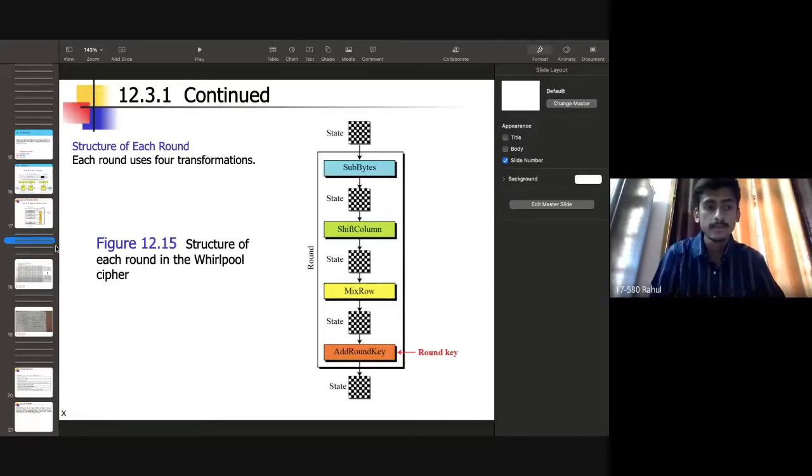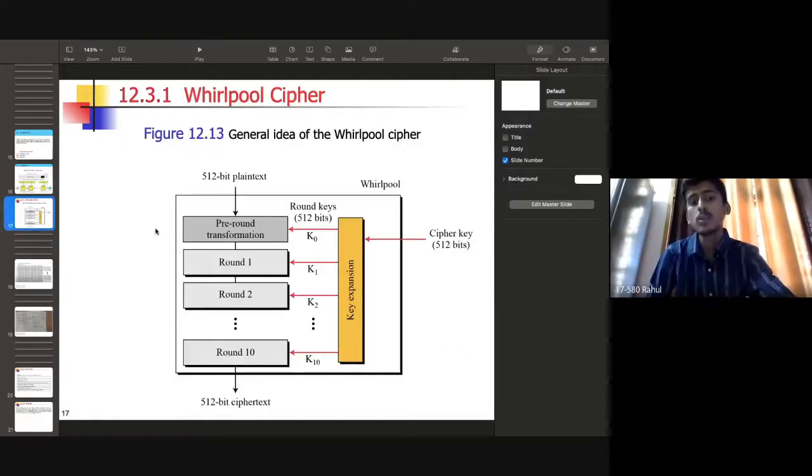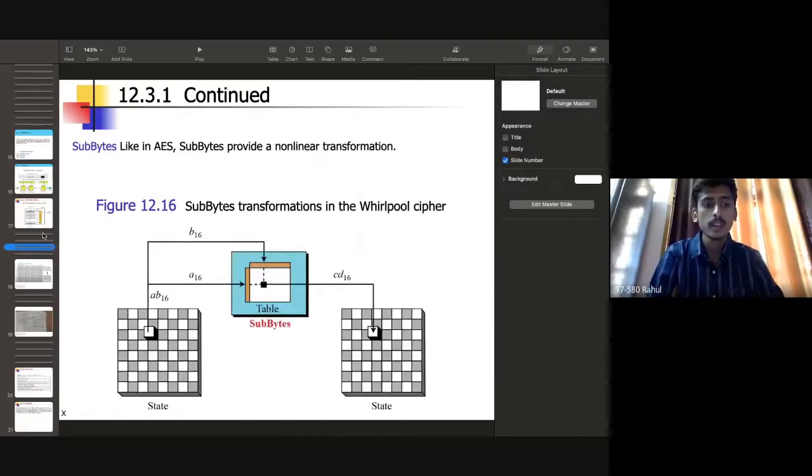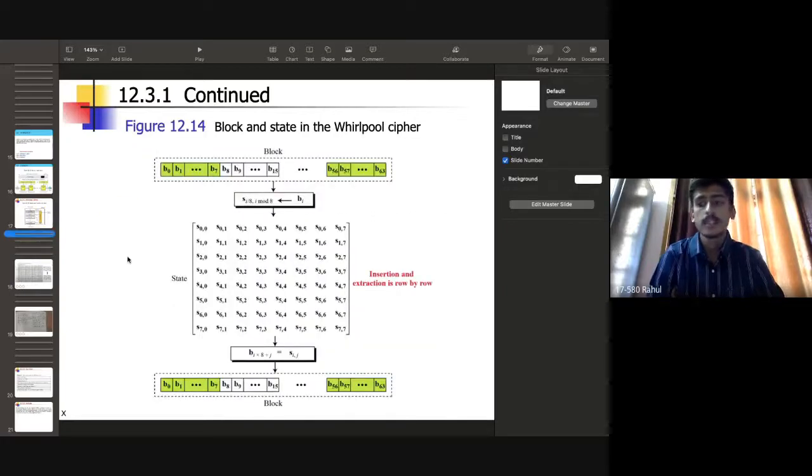First, what is a state? Here we have 10 rounds, and in each round we have these 4 transformations. To know these 4 transformations, first you should know what a state is. A state is a square matrix of size 8 by 8, so 64 bytes in total.